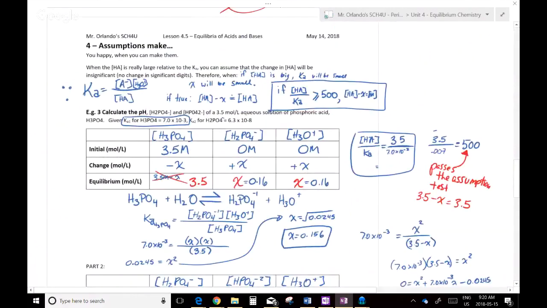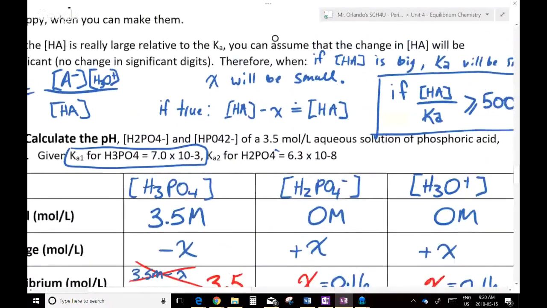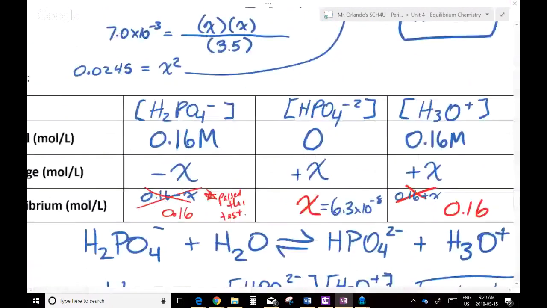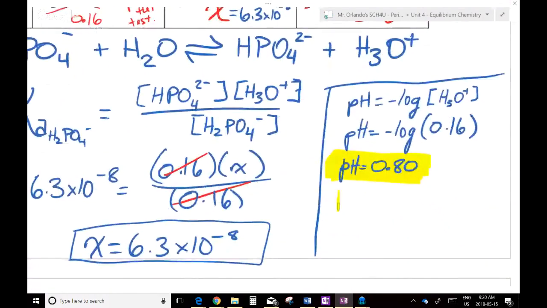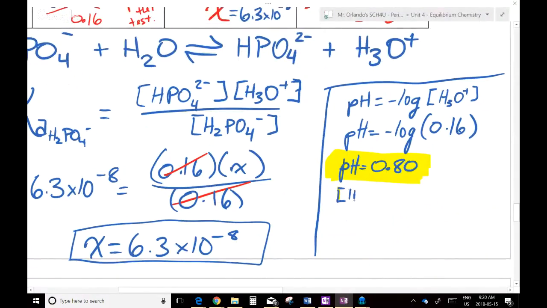That was one of the things I asked for. What else did I ask for? Concentration of H2PO4. Yeah, if you go read the top. Concentration of H2PO4, and the concentration of HPO4 2-, in moles per liter. And those are easy too. They also come right from the table. What are they? 0.16 moles per liter. And this one,